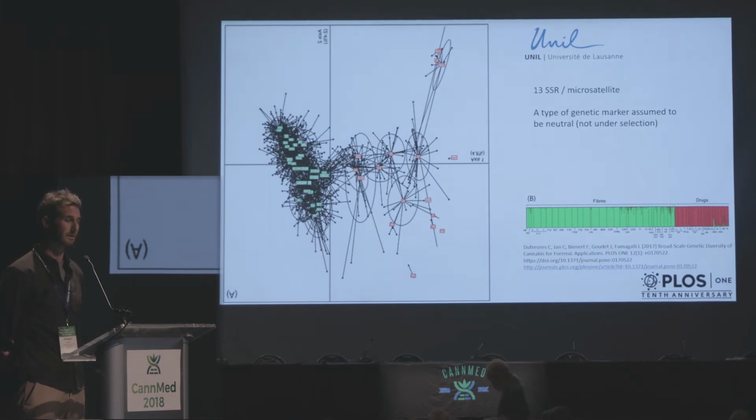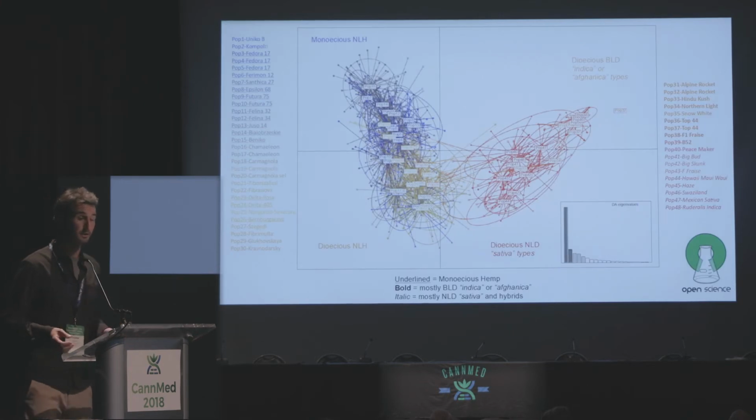And then you see that there is essentially a clear pattern of structure, but there's not much more that we can see from this image. So thankfully, these authors essentially shared their data. So I downloaded the data from the PLOS ONE website and repeated those analyses and added some labels to it,